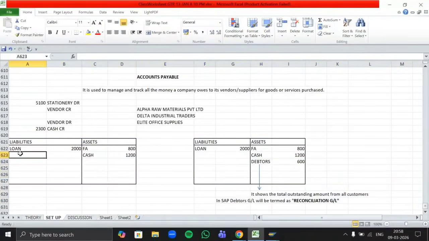So instead of creating an individual vendor as a GL, we'll create the creditors GL.